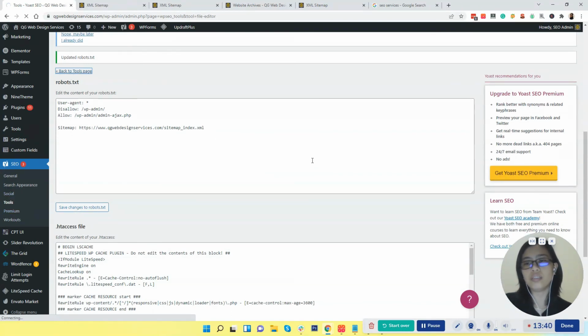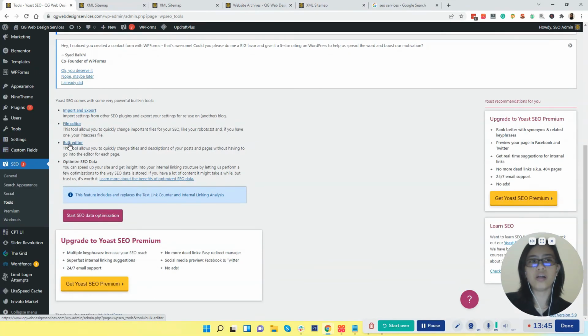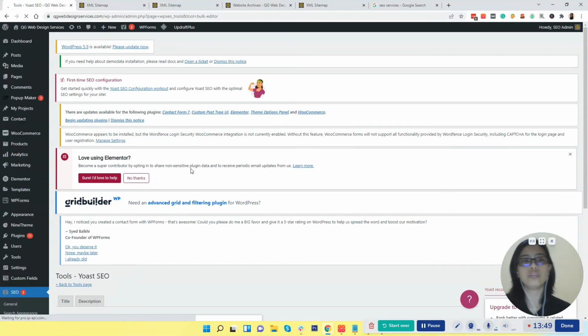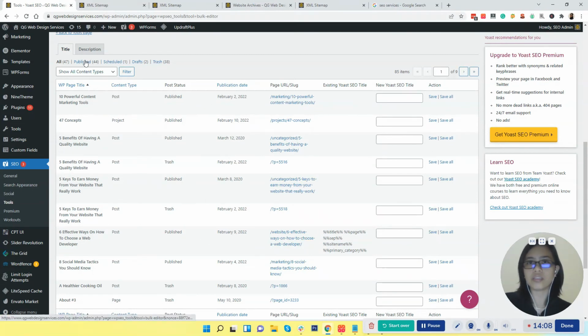We're almost done. So bulk editor is when you want to make multiple changes in the meta title and meta description, but it's not something that I use often. I'd rather go inside each page or post.